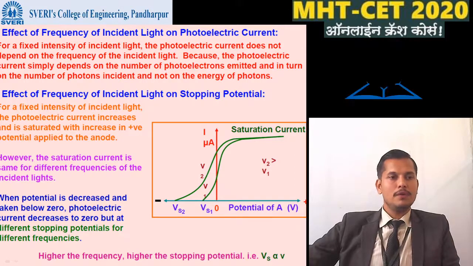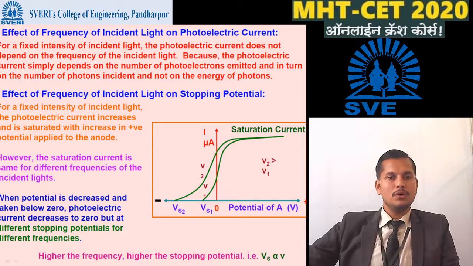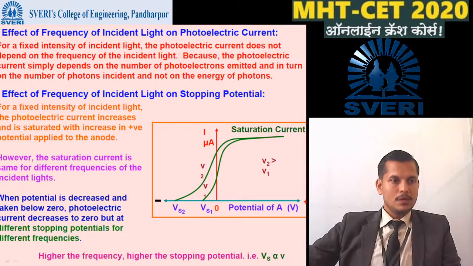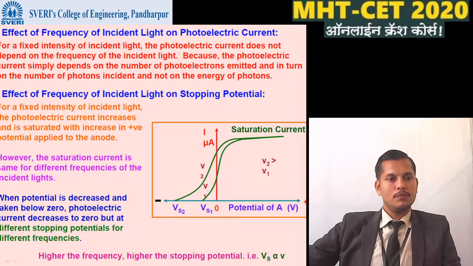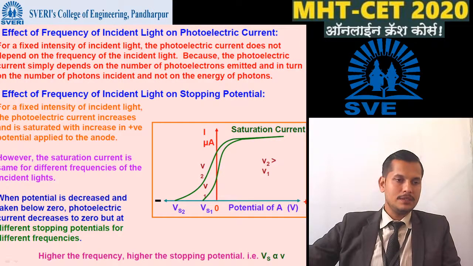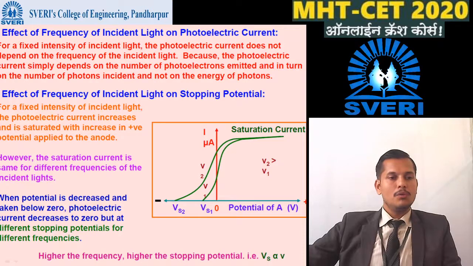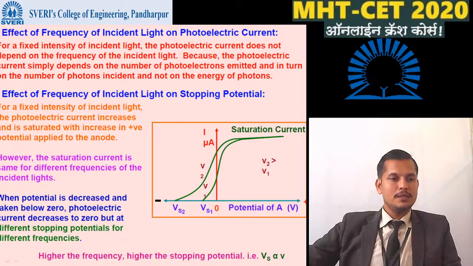Okay, next is effect of frequency of incident light on stopping potential. So for a fixed intensity of incident light, the photoelectric current increases and is saturated with increasing positive potential applied to the anode. However, the saturation current is same for different frequencies of incident lights. When potential is decreased and taken below zero, photoelectric current decreases to zero, but at different stopping potentials for different